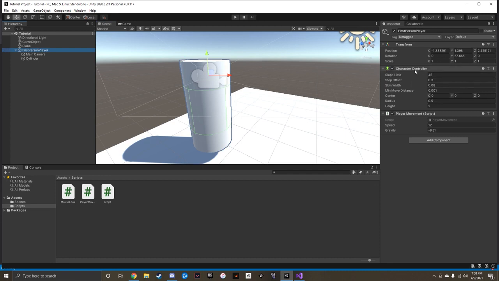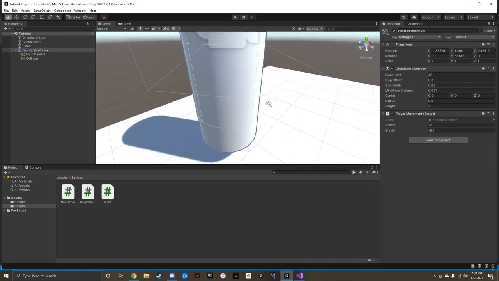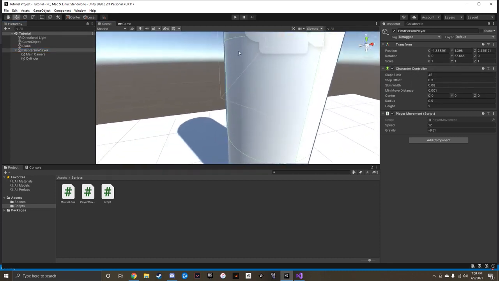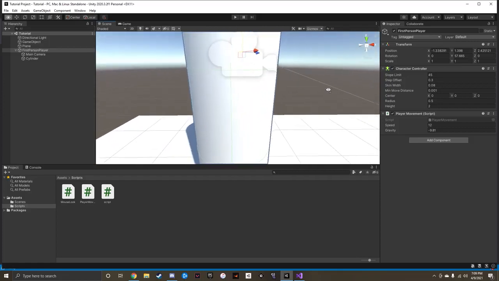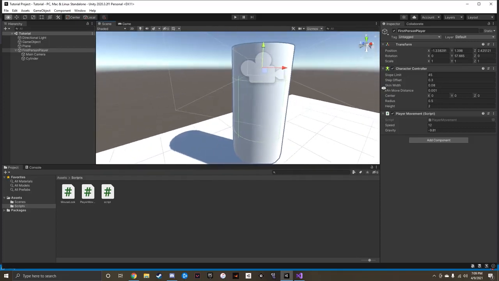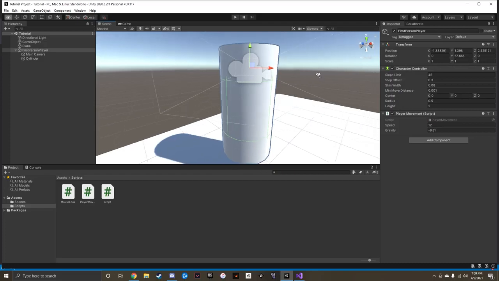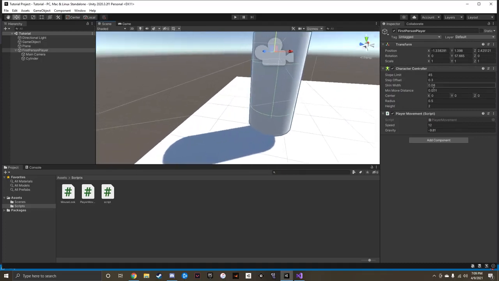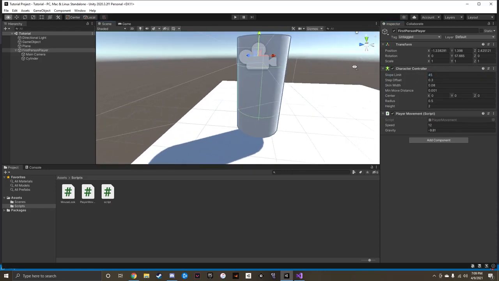As a little recap, the character controller has a capsule in it, a capsule collider. You can see these little green lines, I don't know how Discord's quality is, but they basically show what this thing has in terms of collision, so what it'll bump into. A character controller also has other general information about the move distance. It has a slope limit, which is the maximum threshold for how steep a slope you can go